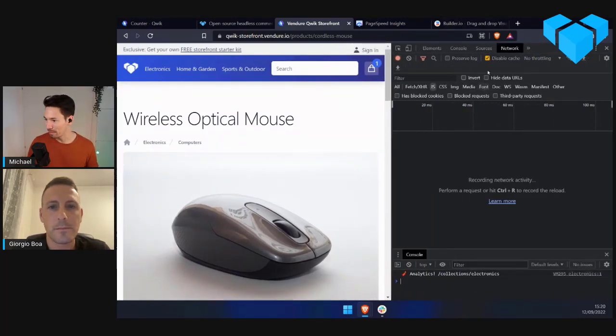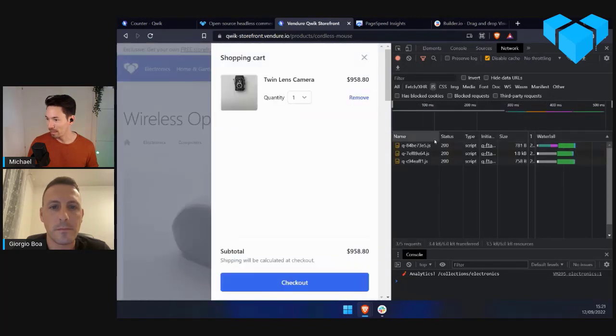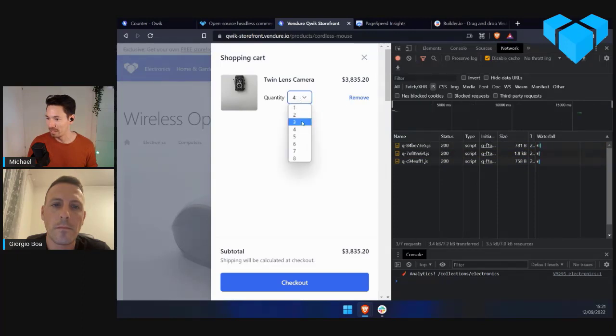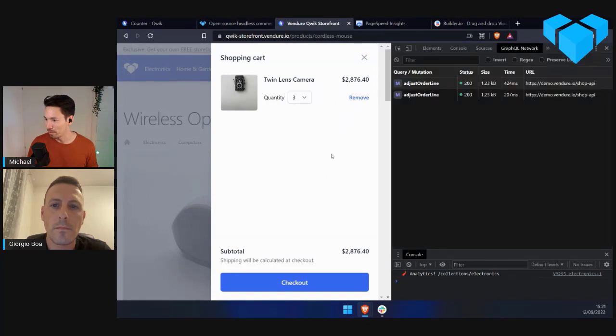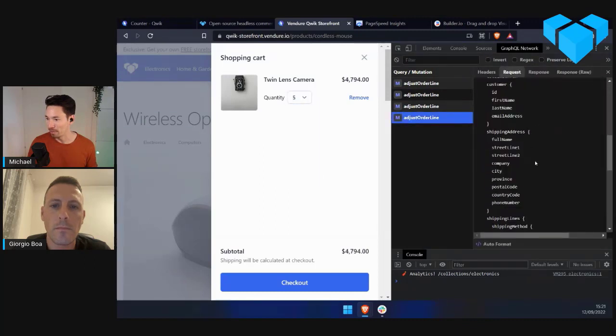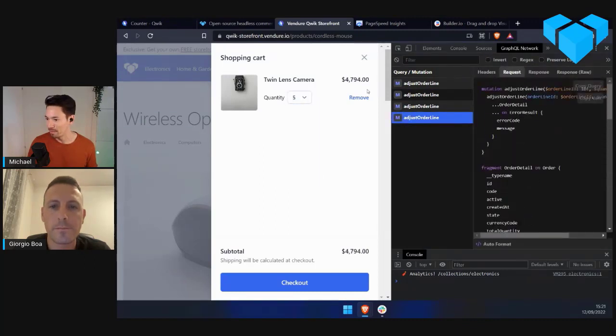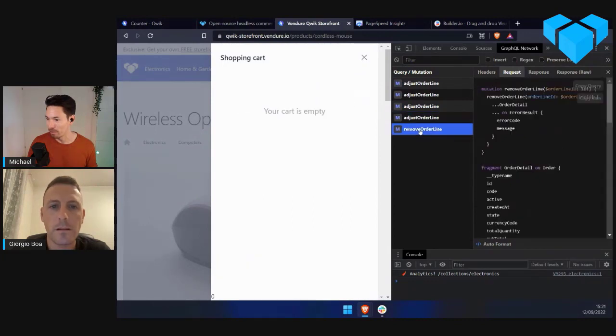So we're in the network tab, looking at JavaScript. I'll click on the cart here. And here we see the actual component just for the shopping cart gets loaded, and it's very tiny. It's less than 1 kilobyte for each file, or just around 1 kilobyte each. So once we've loaded that, we've got full interactivity, interacting with the API. If we jump over to the GraphQL network, we can see that we're actually interacting with our Vendure API right here on each interaction. And I can remove that now, remove order line.